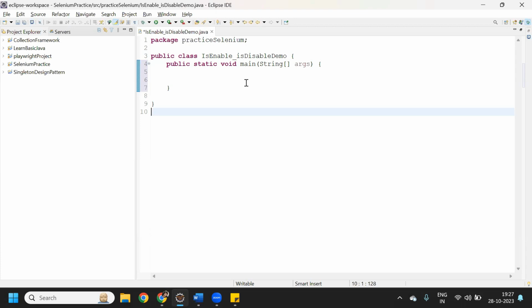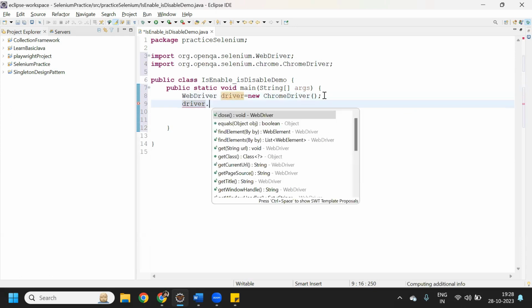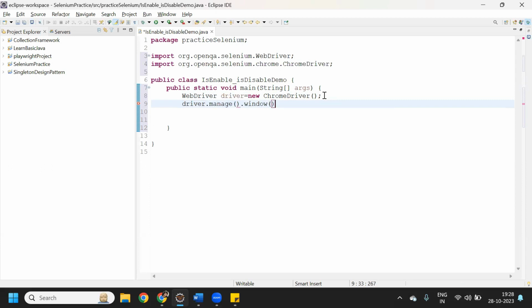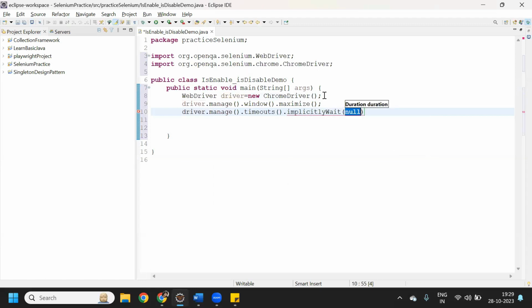I already have created one class. In this class, I'm going to show you both methods, isEnabled and isDisplayed. The main method is already created. Now I'll use WebDriver driver is equal to new ChromeDriver, and then we can maximize the window: driver.manage().window().maximize(), and then we can use implicit wait: driver.manage().timeouts().implicitlyWait,